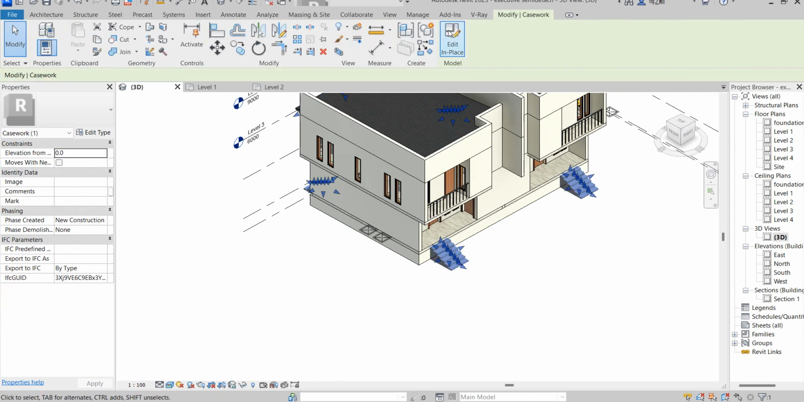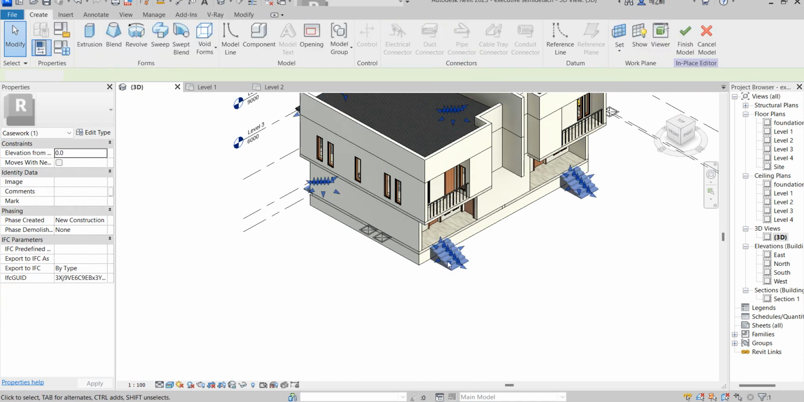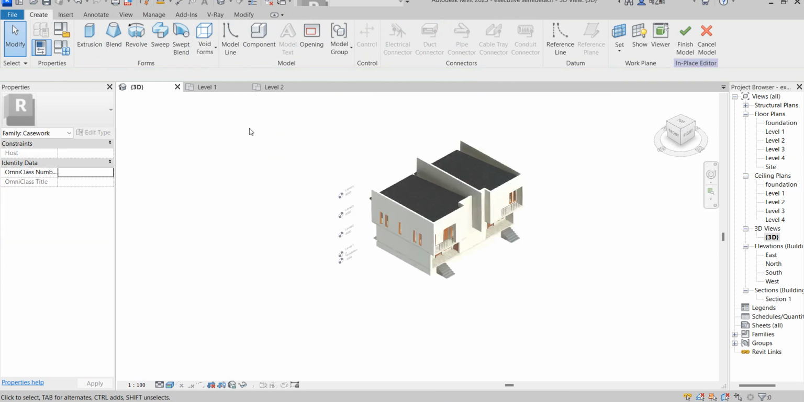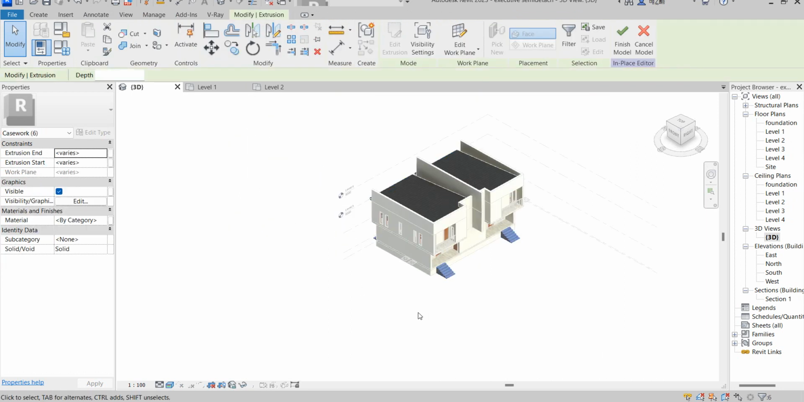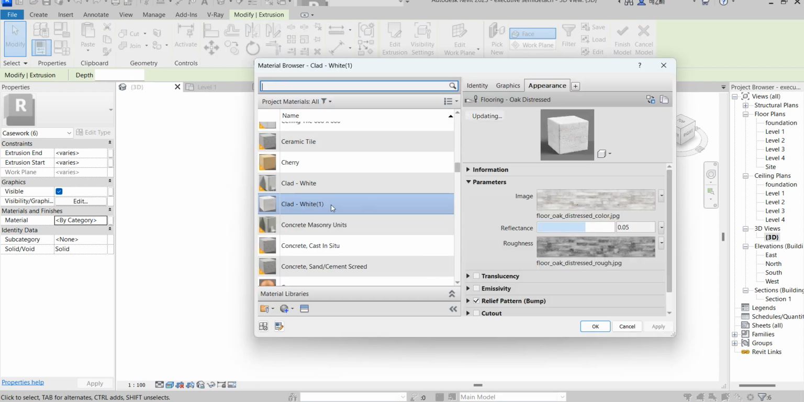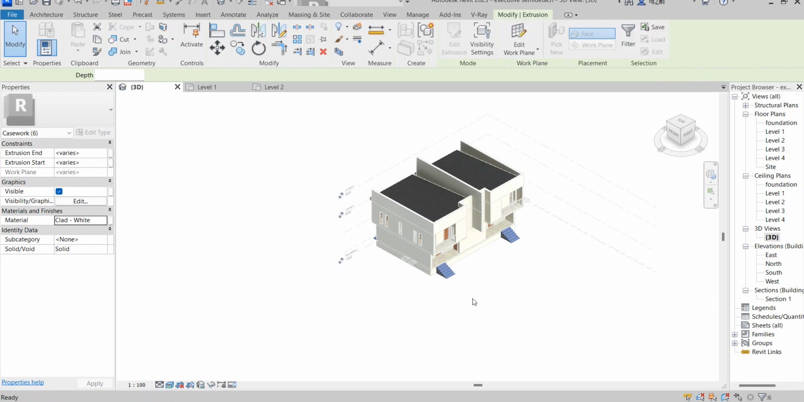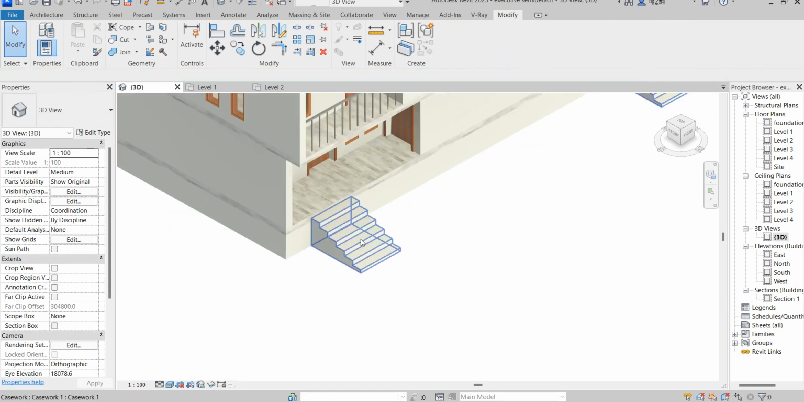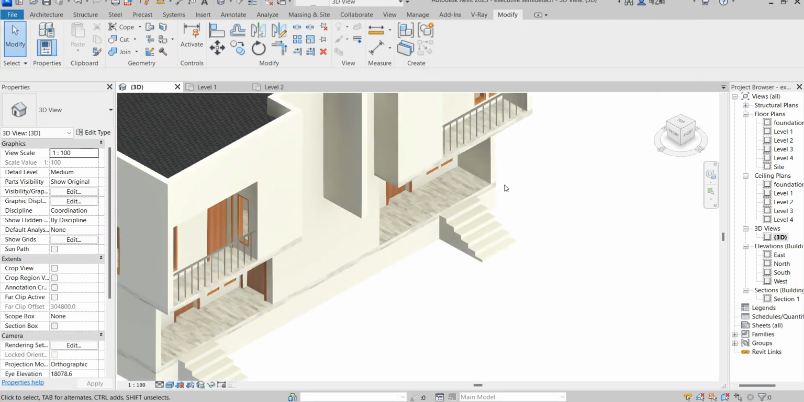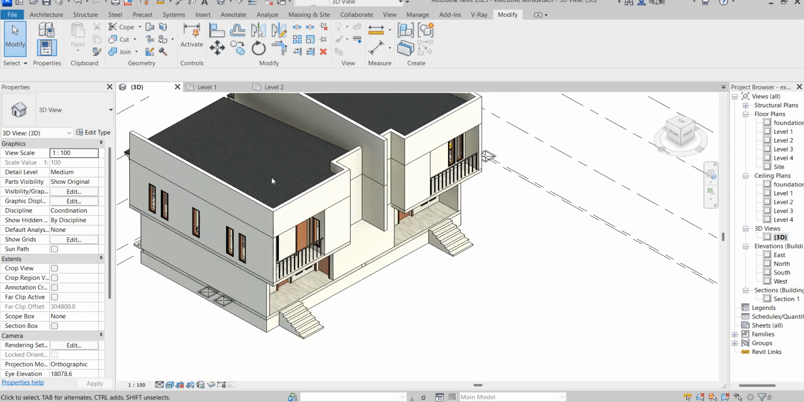For this material as well, you can do the same thing by editing them. Here you must just select everything at once. So I'm going to use complete white for this one. I'm going to use this cladding white. I think that one is okay by me. So all this is set, and what else I need to do is to start bringing the whole